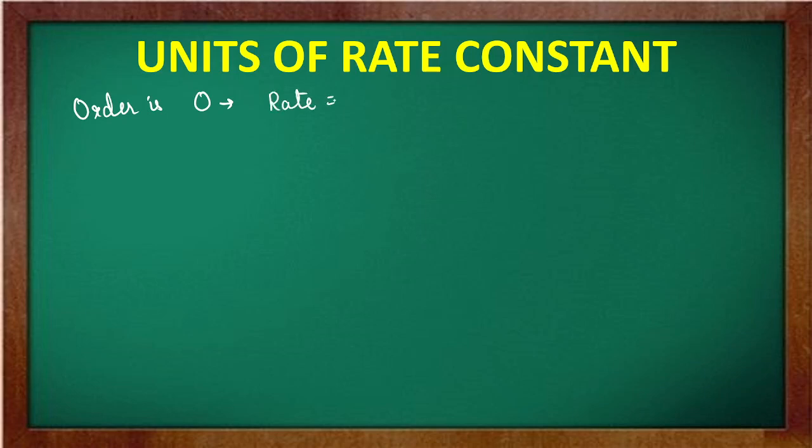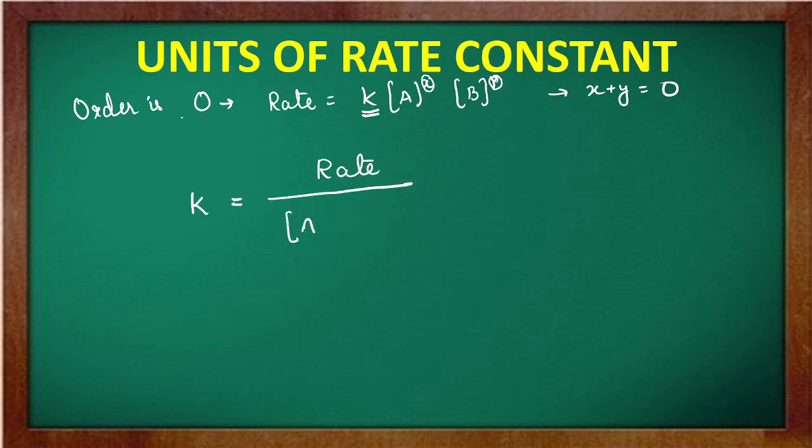First of all let us see when order is 0। When order is 0, तो order 0 का मतलब क्या है कि rate is equal to k concentration of A to the power x and concentration of B to the power y। Now order is 0 means x plus y को प्लस करने से कितना आएगा? 0 आना चाहिए। इसका मतलब हम मान लेते हैं कि x भी 0 है और y भी 0 है, ठीक है। तो now we are to determine the value of k। Let us see how। So k will be equal to rate by concentration of A to the power 0 and concentration of B to the power 0, because the order is 0 here।